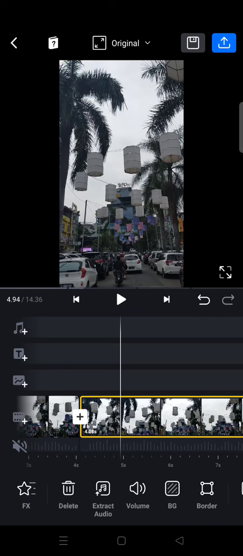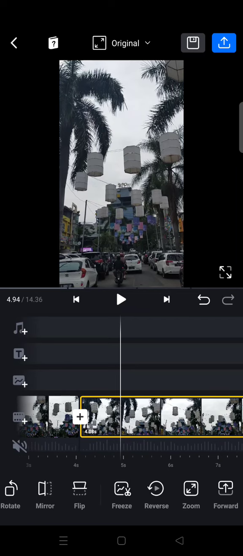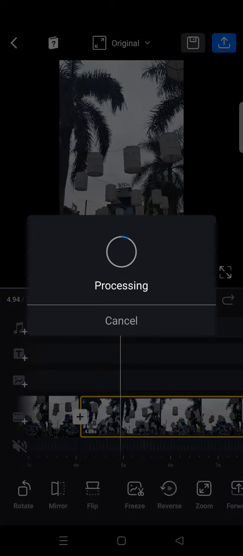So click on the video and then swipe at the bottom until you see reverse. So this one's right here, and now it's processing. You can just wait,